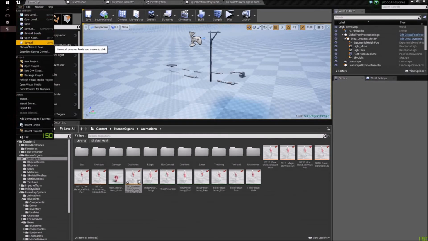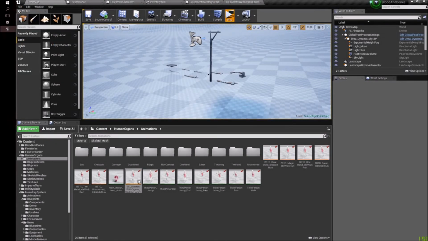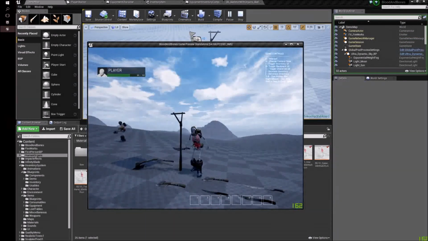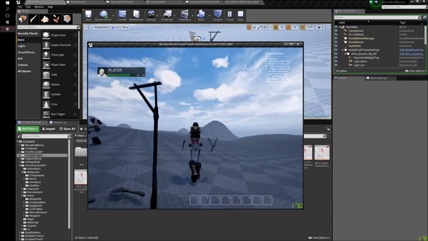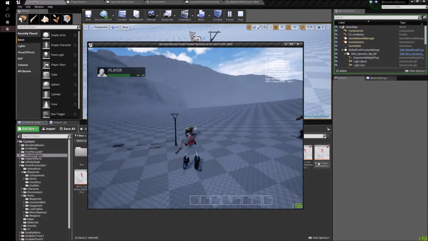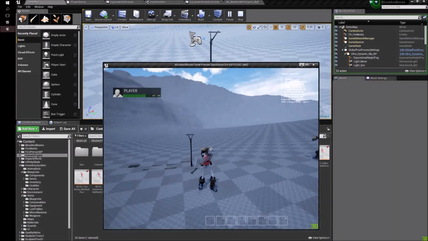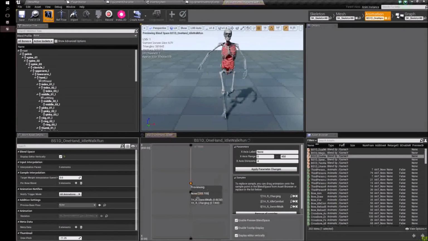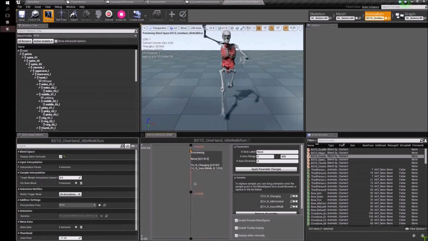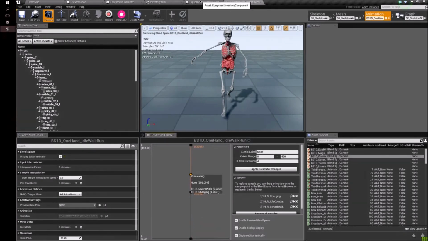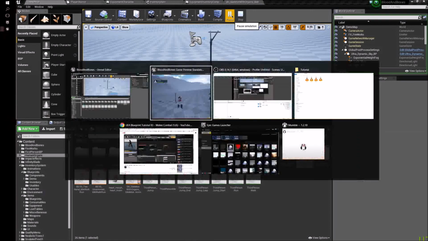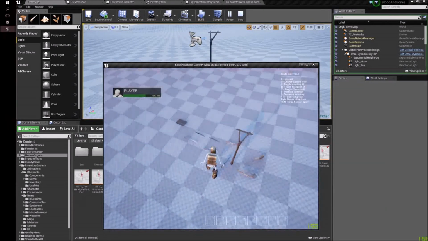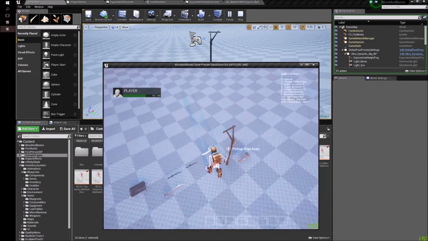And so here, I'll save all. I'll play real quick. And so you can see already that I spawned with a one-handed weapon, and I have the one-handed stance going on. And actually, if I go into here, you can see that this is the one-handed animation. Let me tap back to that, and here I'll pick up simple axe,